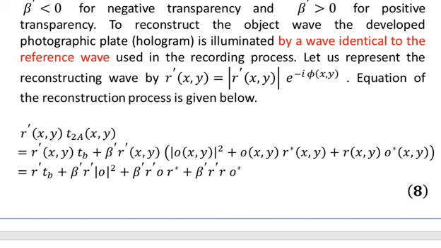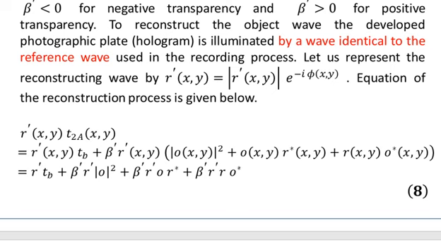You see that R prime has been multiplied to all the terms. Generally we have multiplied R prime, in the second step we have multiplied R prime to TB, and then we have multiplied R prime to the beta prime term, which contains in the parentheses 3 terms. And then in the last step we have represented the equation without showing the coordinates x and y, because we now assume that it is a contribution at a general point xy through the hologram. So the last step of equation number 8 can be read as R prime multiplied by TB plus beta prime